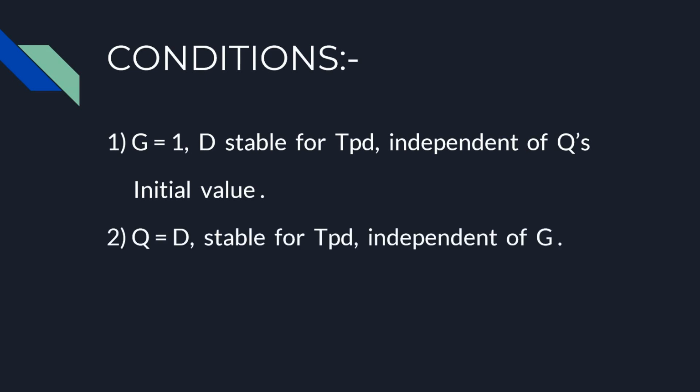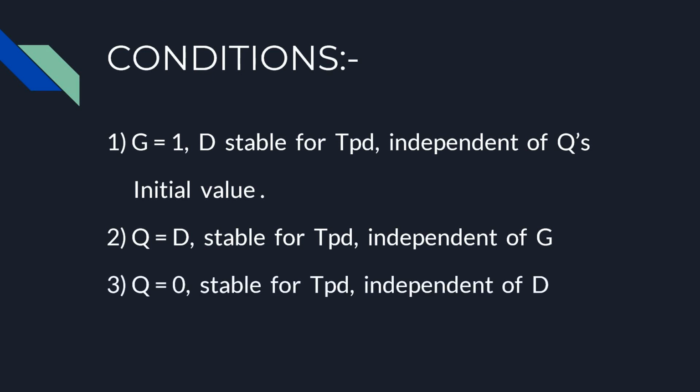If both Q and D are valid and stable for propagation delay, the Q output will be unaffected by subsequent transitions on the G input. This is the situation that will allow us to have a 1 to 0 transition on G without contaminating the Q output. Finally, if G is low and Q has been stable for at least propagation delay, the output will be unaffected by subsequent transitions on the D input.